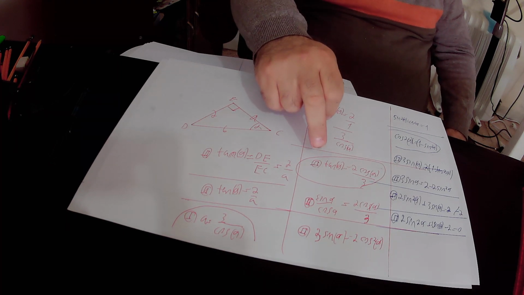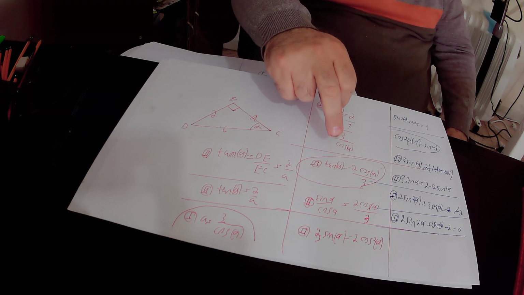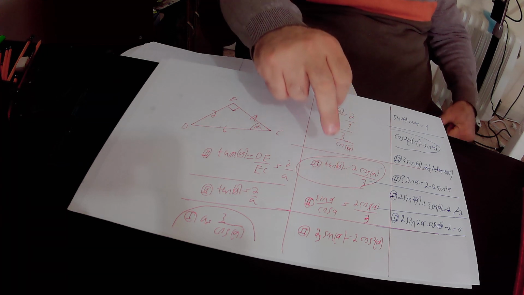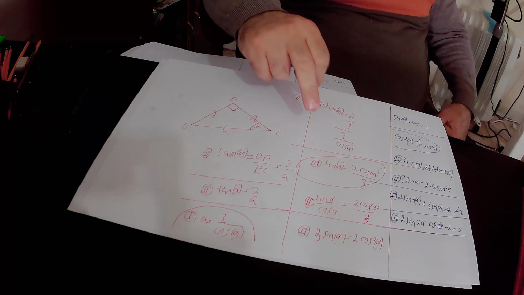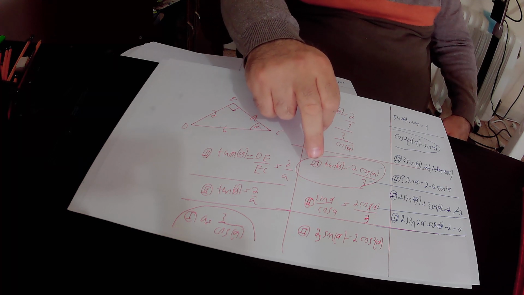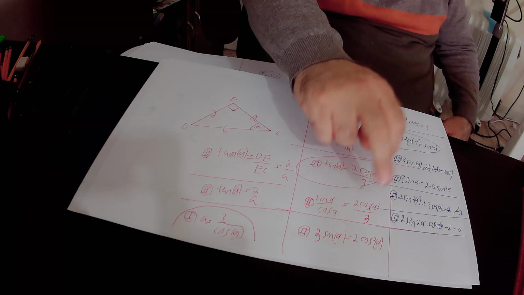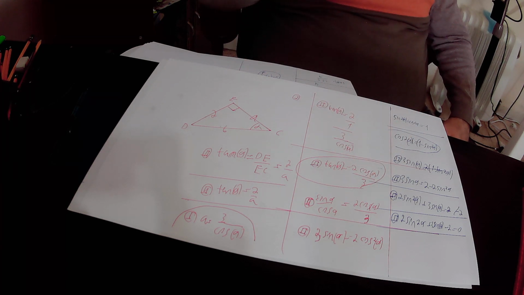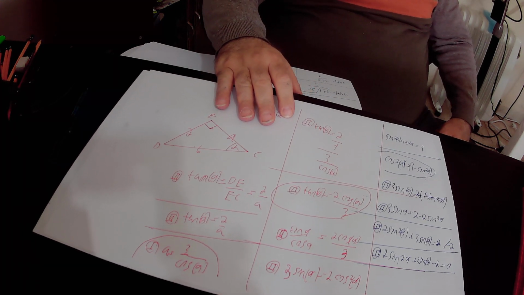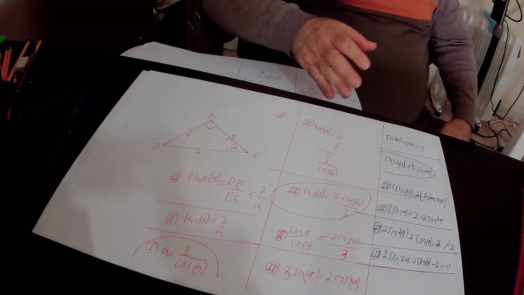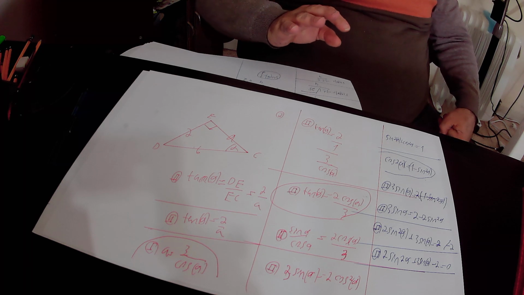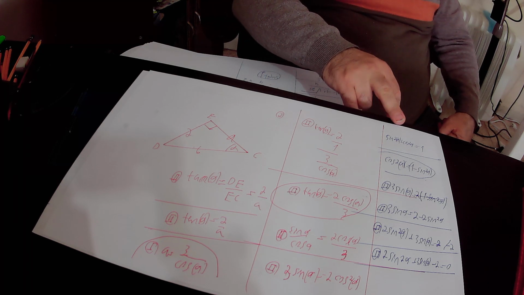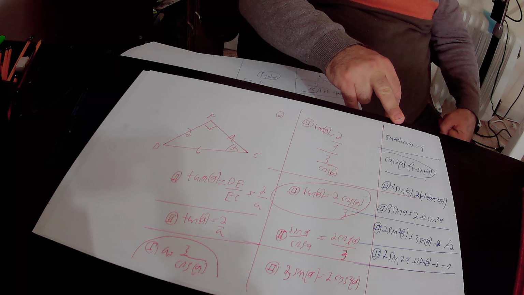Tangent alpha equals sine alpha over cosine alpha, so we substitute tangent alpha by sine alpha over cosine alpha. Then we cross multiply this equation, equation number 2, and we get that 3 times sine alpha equals 2 times cosine square alpha. Here we have the trigonometric identity that states that sine square alpha plus cosine square alpha equals 1. We subtracted sine square alpha from this identity, and we got that cosine square alpha equals 1